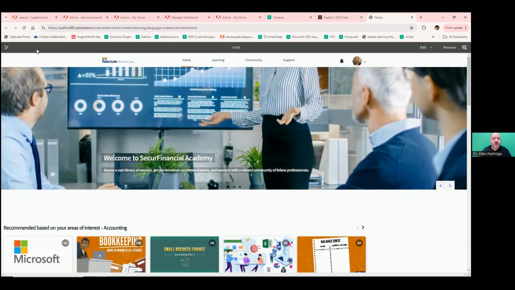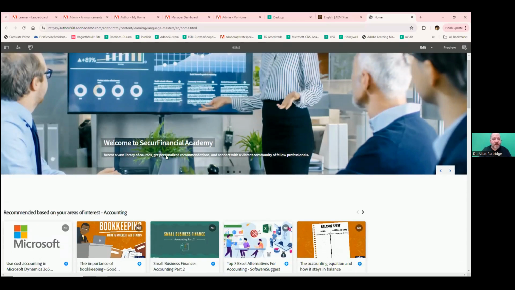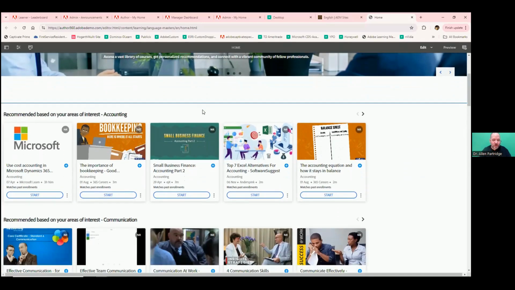But what's really interesting about this is that the template is integrated with the overall learning management system. Here we see recommended based on your areas of interest. Look familiar? You're actually looking at a widget or a component, which is drawing all of the content from a deployed Adobe Learning Management solution back into AEM sites. They then have the power to make